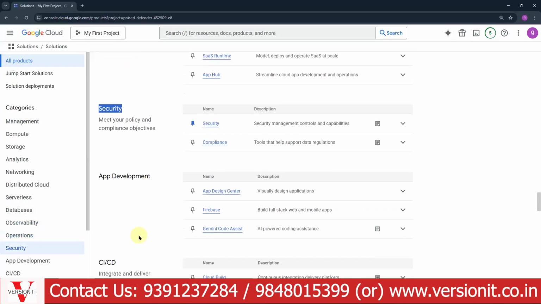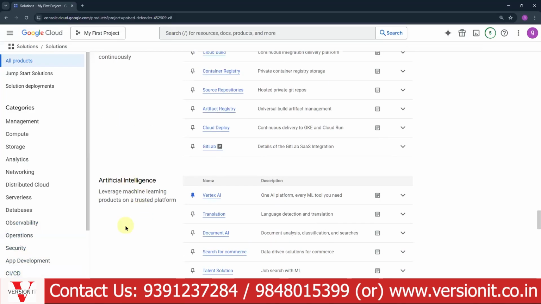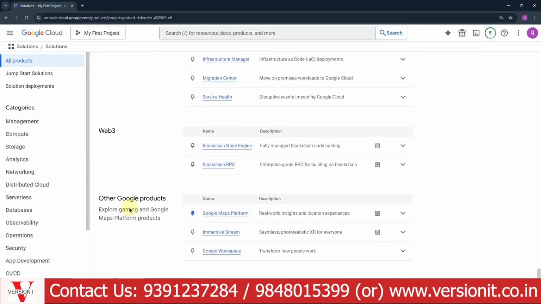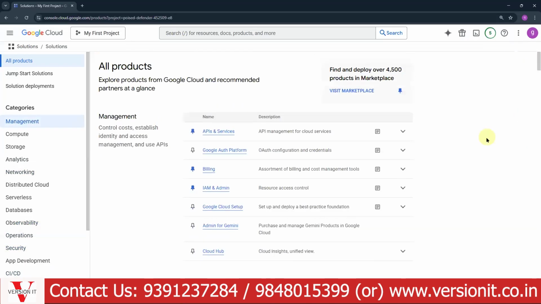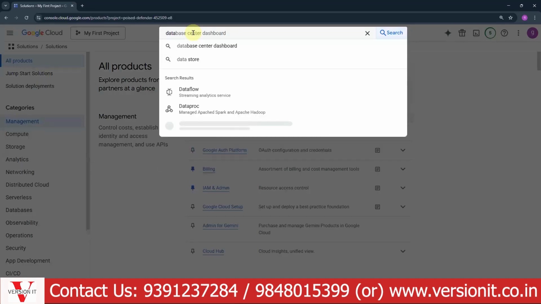CI/CD and artificial intelligence, integration services, tools, Web3, all of these things. Google Cloud Platform is offering plenty of products and services in its marketplace. If one wants to use any of the services, they can just come here.